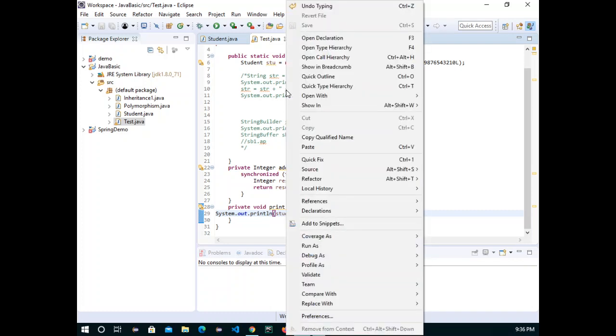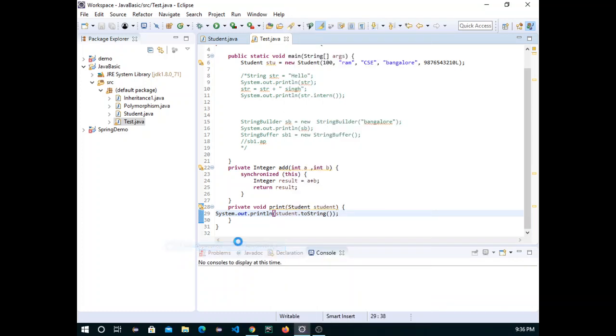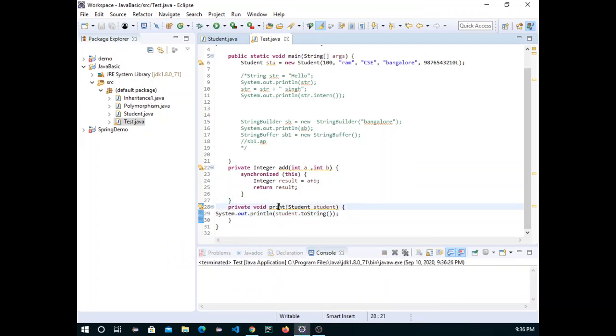So let's try to run this. What is it actually printing? Oh, we have not called this.